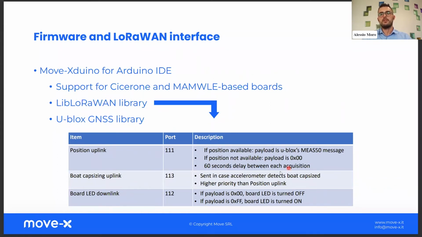These packets are sent every 60 seconds, which is a typical delay between packets for this kind of application. But of course, a higher frequency in sending packets means higher power consumption. So in case we wanted to move the trade-off more toward battery duration, what we can do,